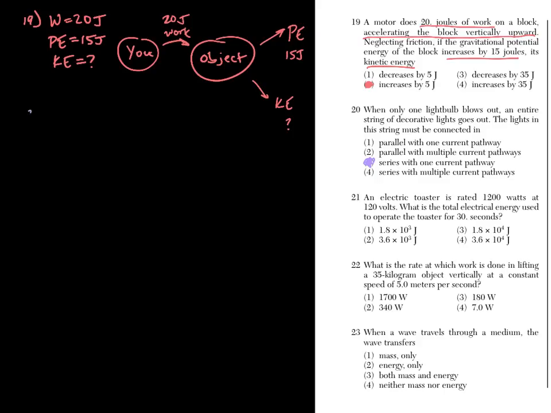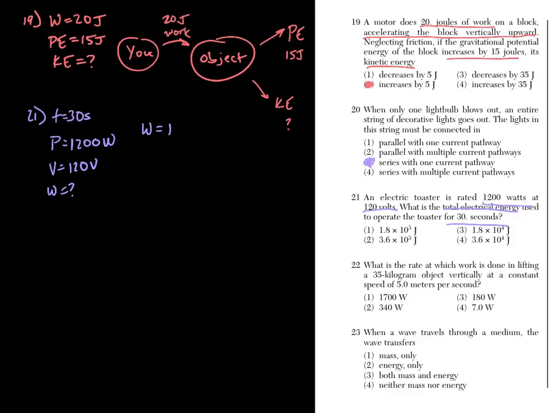Now number 21. An electric toaster is rated 1200 watts at 120 volts, looking for total energy for 30 seconds. So make sure you get everything down. Power, 1200 watts. Voltage is 120 volts. Energy is what we're looking for. We don't need all that information